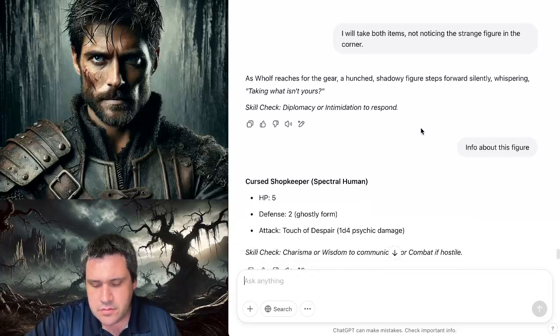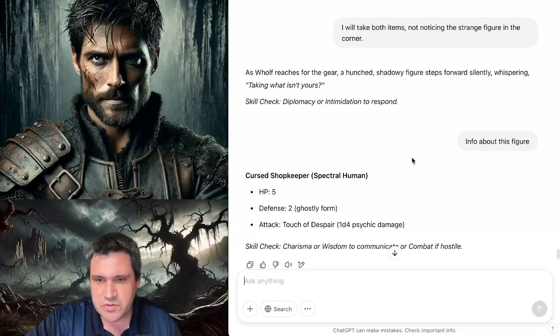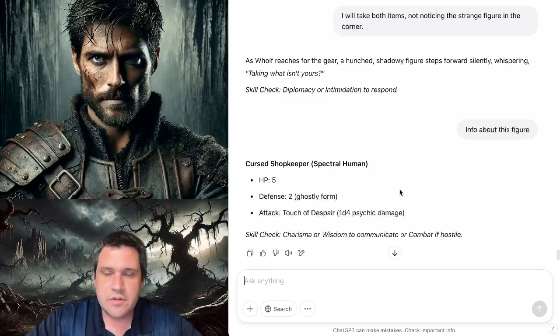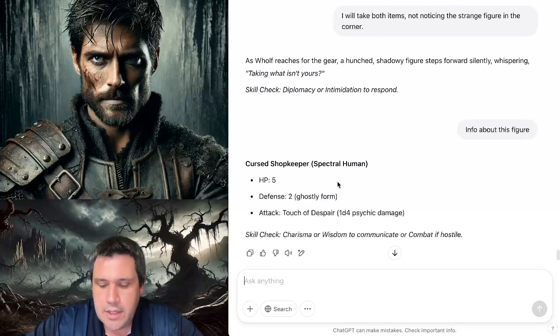I'm not necessarily going to play stupid, but I'm playing a character who didn't notice the creature, or didn't notice this individual. So I will use Valor, which is my Charisma. Charisma's under that category, that ability core. And we roll,